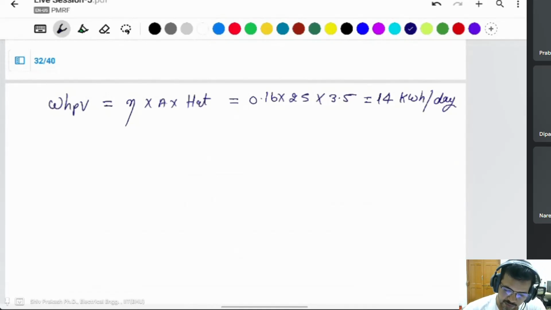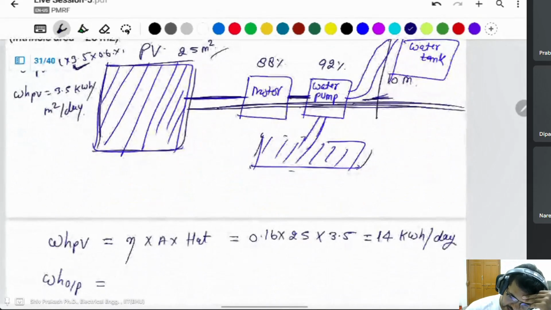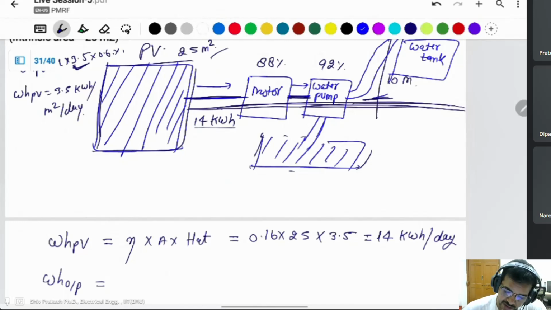In a day, the solar supplies a total energy of 14 kilowatt hour. Now, what is the output? Watt hour in output. What is the output power? The same power, 14 kilowatt hour, is given to the motor, and the motor has 88% efficiency. Then what is the